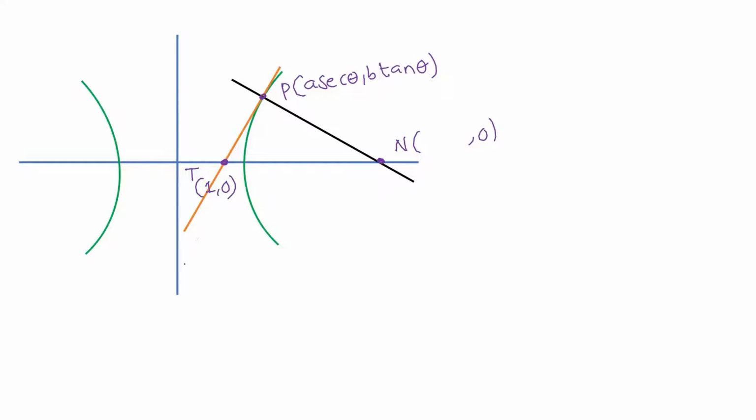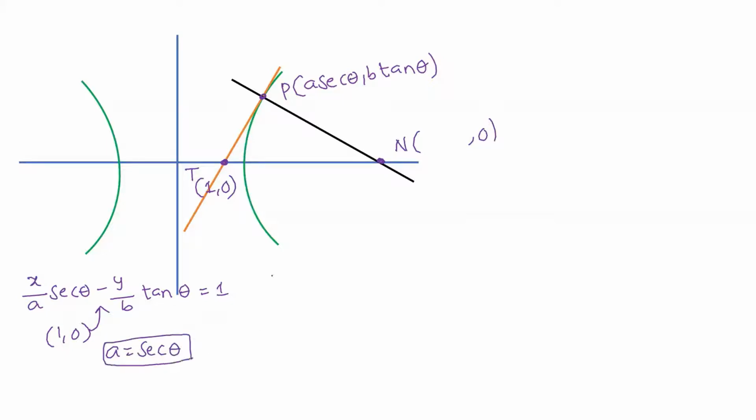So now if I start with the equation of the tangent, which we already know, the equation of the tangent at the point (a sec theta, b tan theta) can be written as x upon a sec theta minus y upon b tan theta equal to 1, right? Now we already know this passes through the point (1, 0). If you substitute here, this term will automatically become 0, and we get sec theta upon a equal to 1, which gives the relation a equal to sec theta.